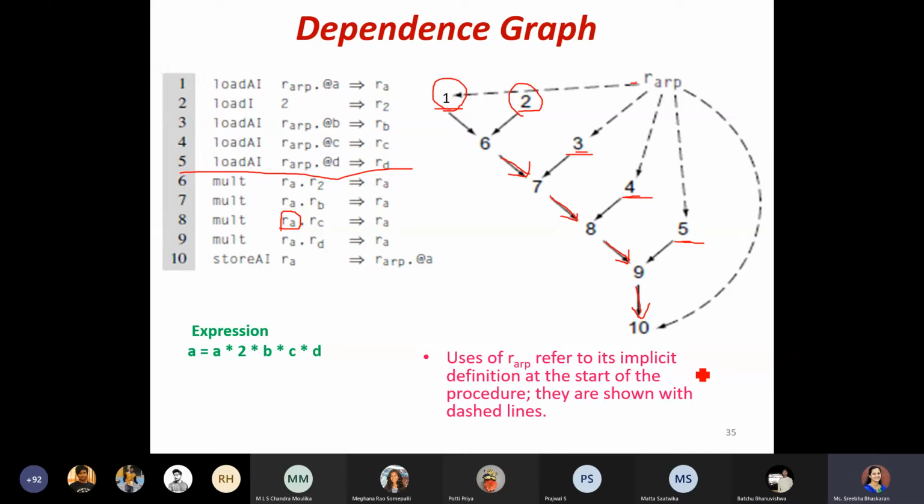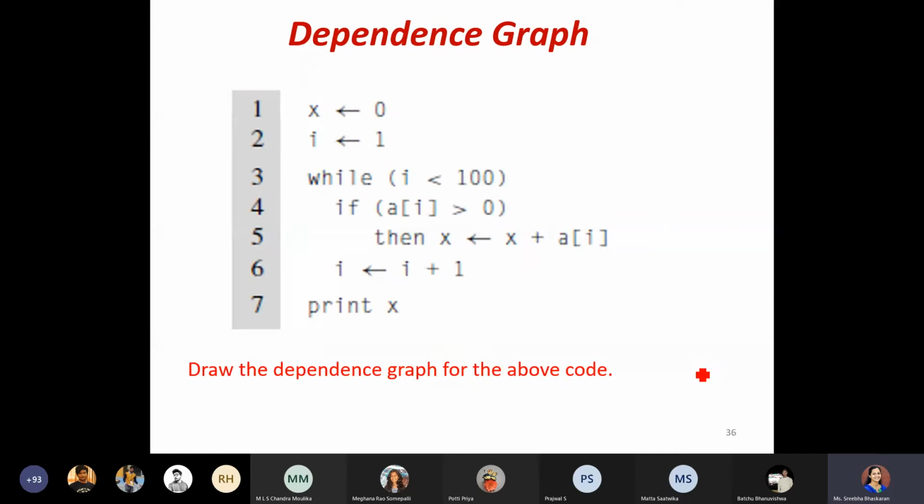Okay. Hope it is clear. When compared with the control flow graph, I think it is simple, right? Any doubts? Any clarification required? Okay. So here it is just a simple one where the sequence has been done one after the other, right? Now we'll move on with another example where we have a loop.